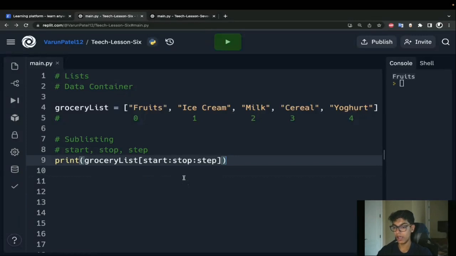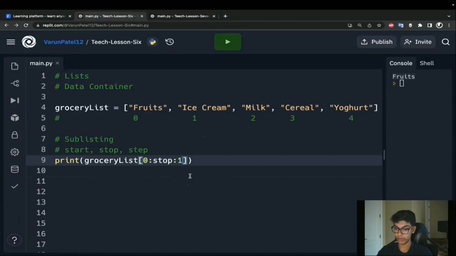So what do I want to do? I want to print fruits, ice cream, milk. I want to print these first 3 items in my list. Well, where am I starting from? You have to remember, this is all done with the indices. I'm starting from fruits, which has an index of 0. Straightforward. I'm going to skip ahead to step. How much am I stepping? Well, my index goes from 0 to 1 to 2, so it's increasing by 1. That's pretty straightforward. We'll leave that like that.